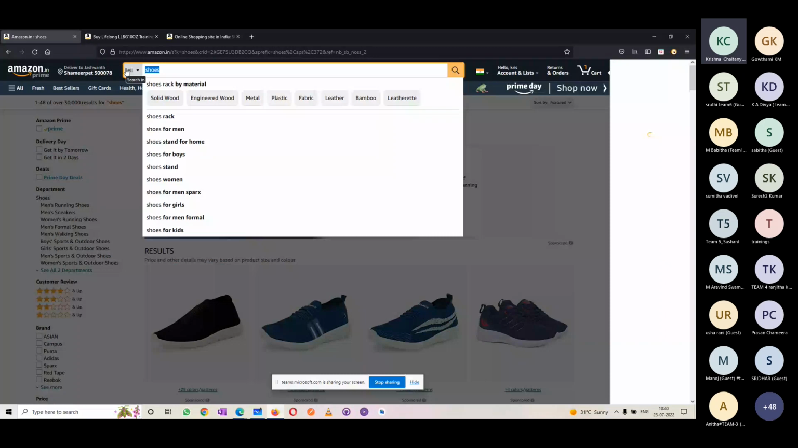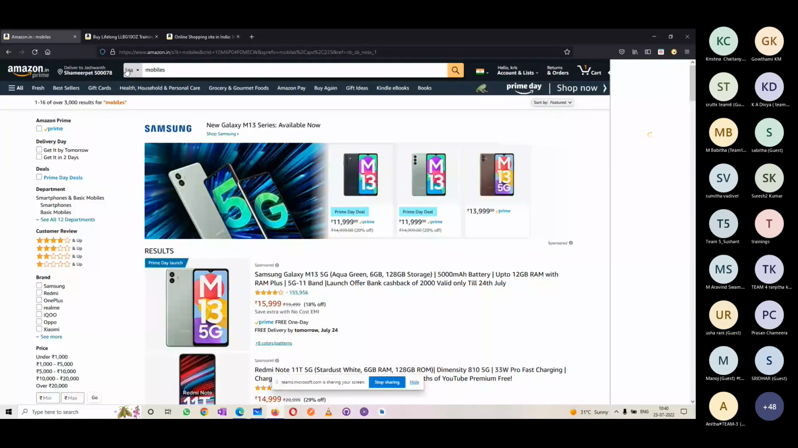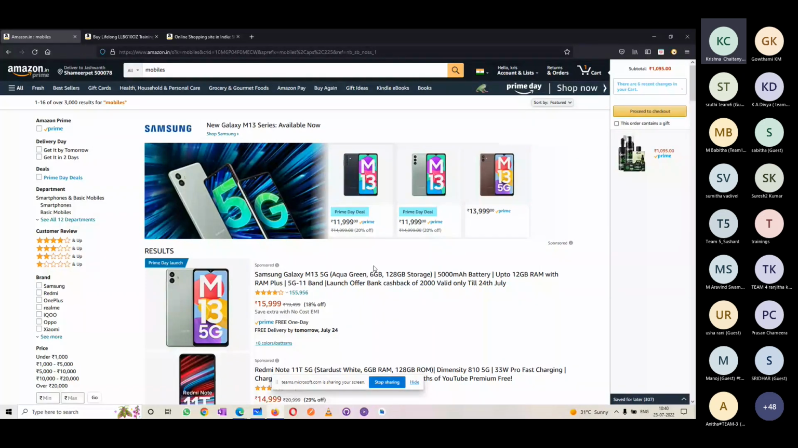I'll go to the mobiles. This is a functionality, right, boss? Boss, I search for mobiles. I'm getting mobiles. Very simple. I search for the shoes. I get the shoes. If you search for a shoe, if you're getting mobiles, then that is a